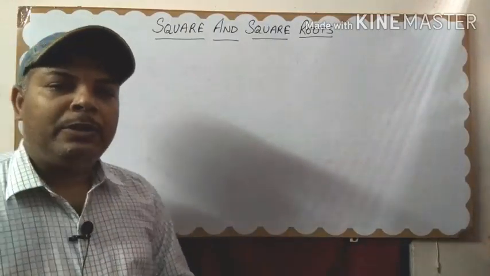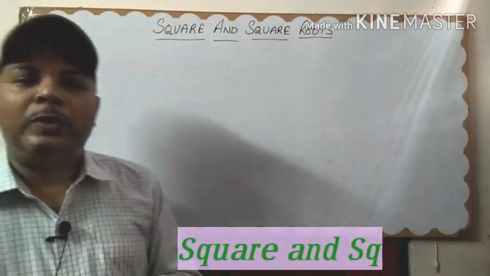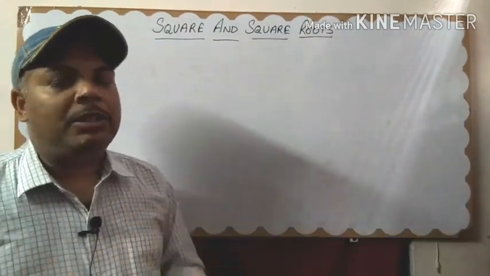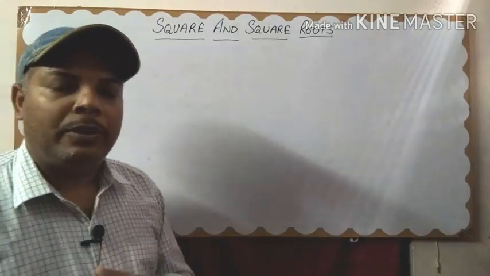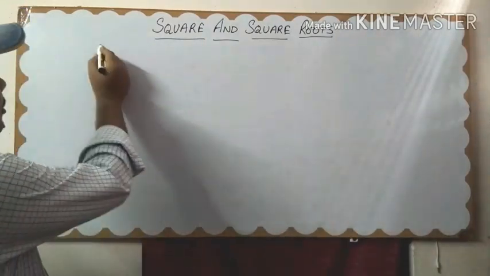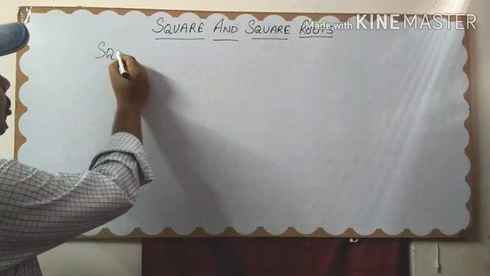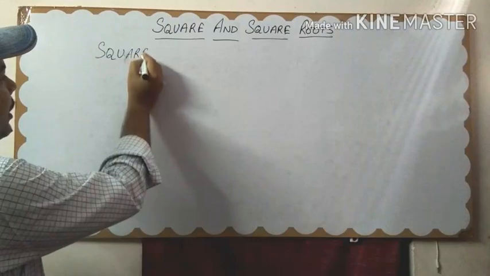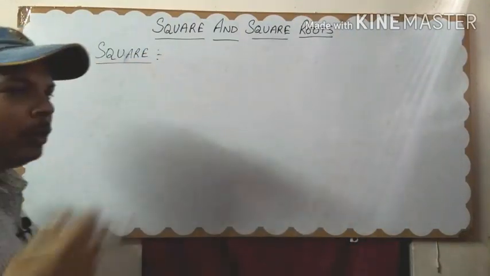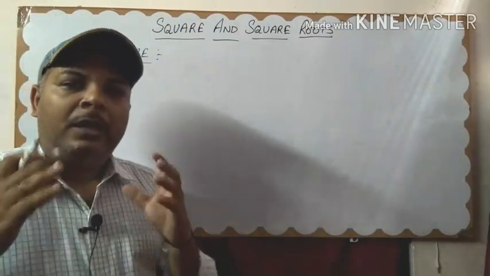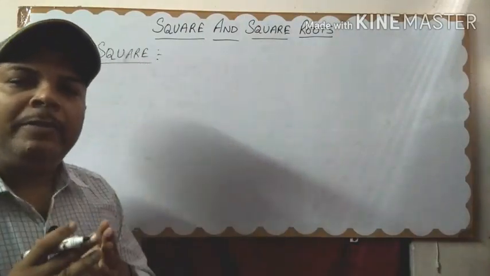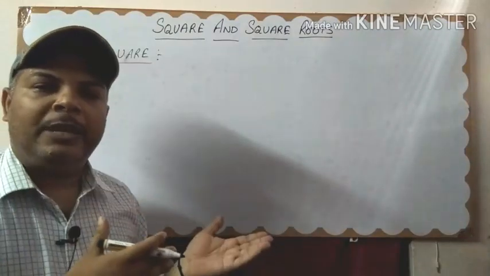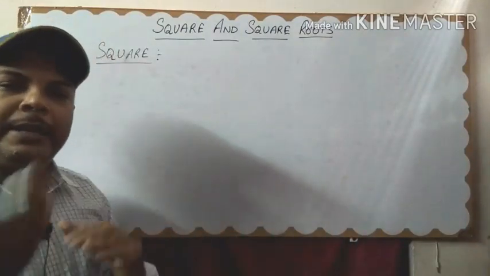Students, today we are going to start our new chapter, squares and square roots. In this chapter, first we understand about the square, then the square root. Okay, so let's start. First we will talk about square. What is the meaning of square? Listen students, when we multiply a number by itself, suppose we multiply 4 by 4, or 8 by 8,